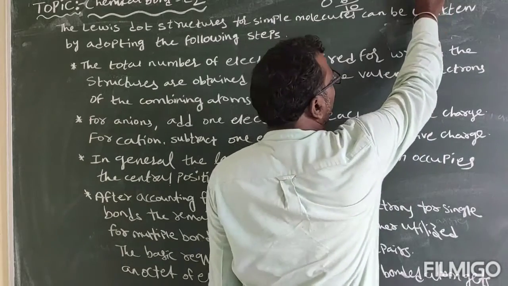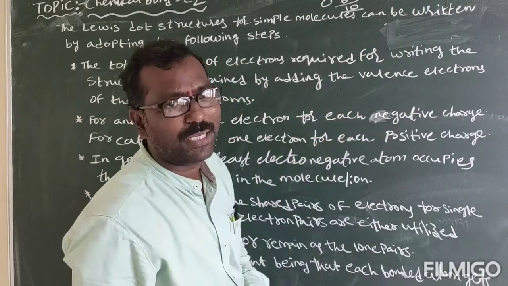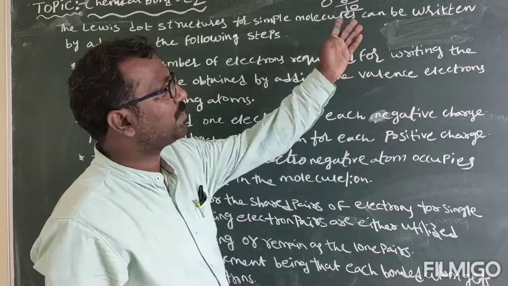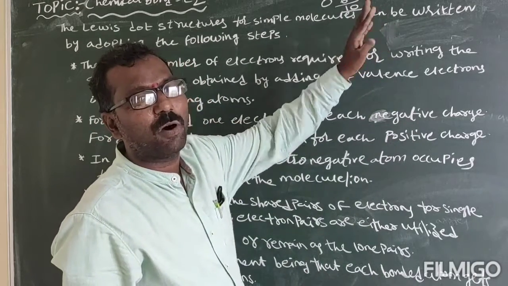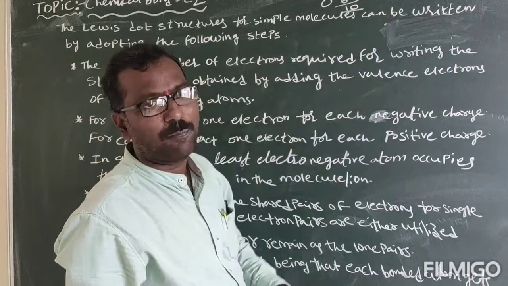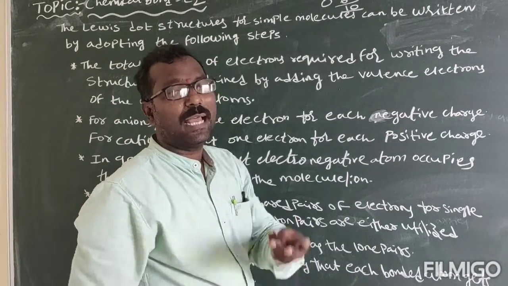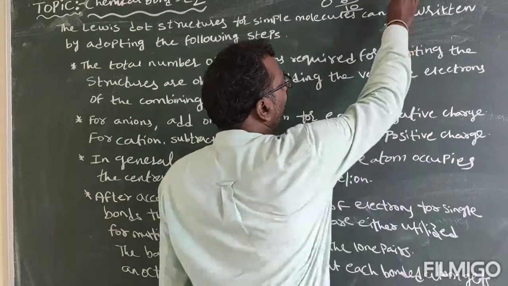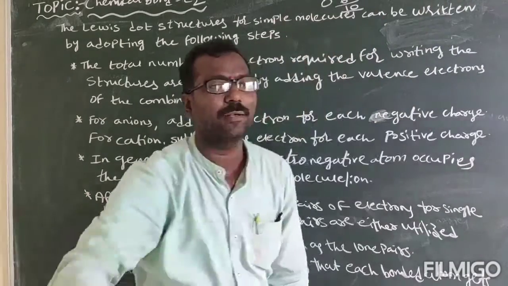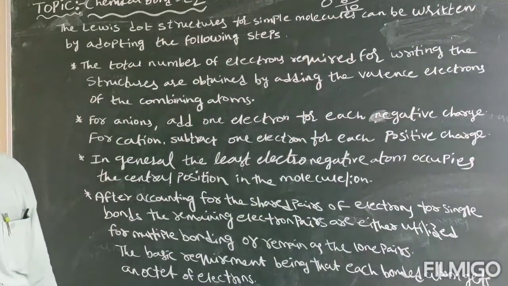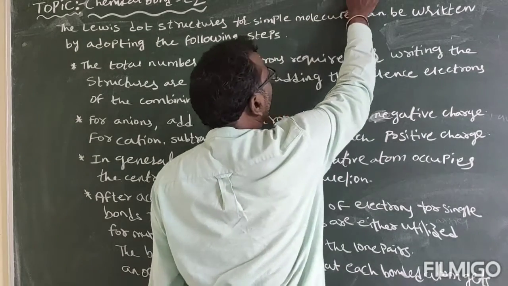Already 2 bonds are here, so it will form one more bond. 3 bonds are completed. Not more than 3 is possible with one element. So totally 6 bonds, 6 electrons are completed for each. Now how many are left? They are left with 2 electrons only. This is the simple way to draw the things. Okay, so this is the first rule.